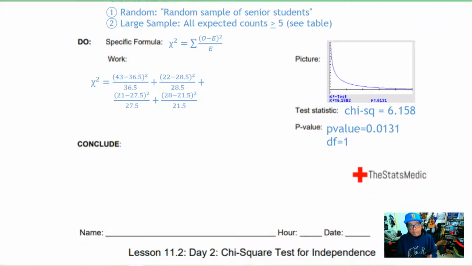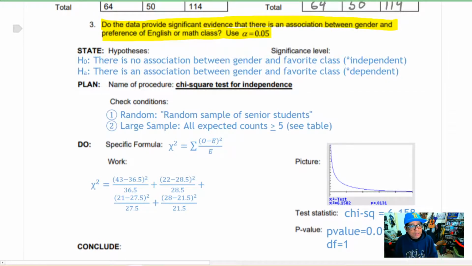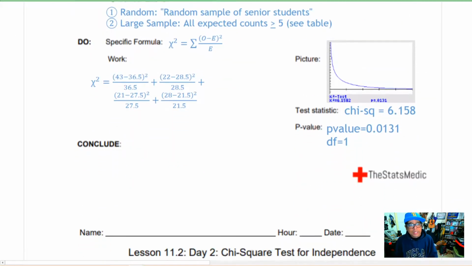Now, just a reminder, the calculator in no way absolves you from doing any of the work. I mean, you still have to show the calculation of the chi-square test statistic. You still need to do the hypotheses and the plan. So it just saves you a lot of time. In any case, I hope I'm clear about what you need to show and what you don't need to show. If you follow these StatsMedic guides, then you'll know exactly what you should be writing on your paper.